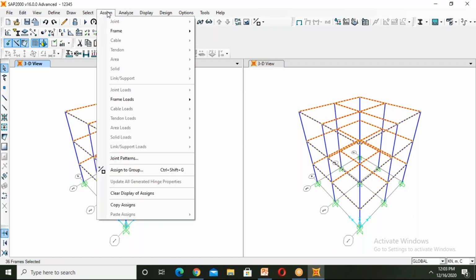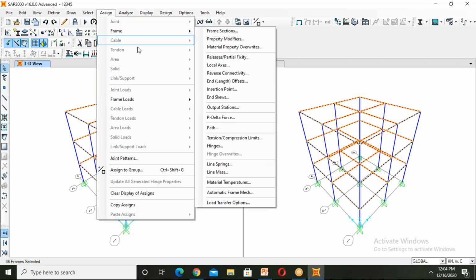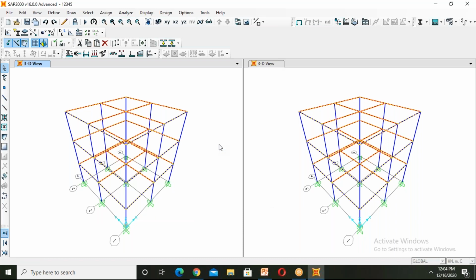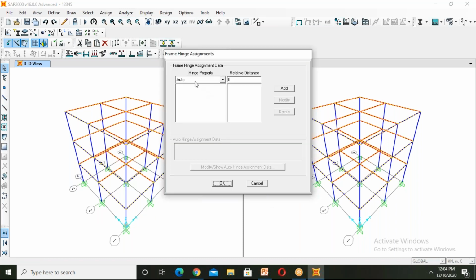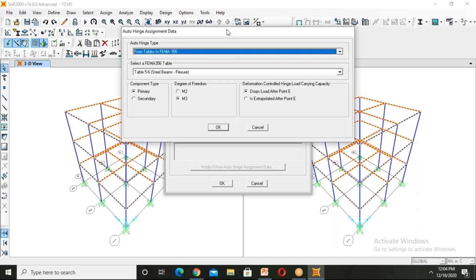For that, Assign, Frame, then Hinges. Auto hinges. The software will give you auto hinges. Click on Auto, and for relative distance, normally the hinge points will be at 0.05 and 0.95. So we have to give 0.05 here.